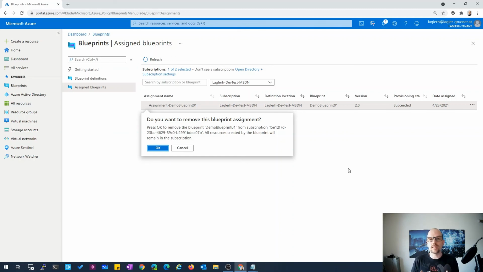I guess this is a feature on the roadmap from Microsoft, and maybe it's a private feature right now. I don't know. Maybe in the next few months it will be publicly available, and then the resources will also be removed. But right now, no resources will be removed when you unassign a blueprint from your subscription.